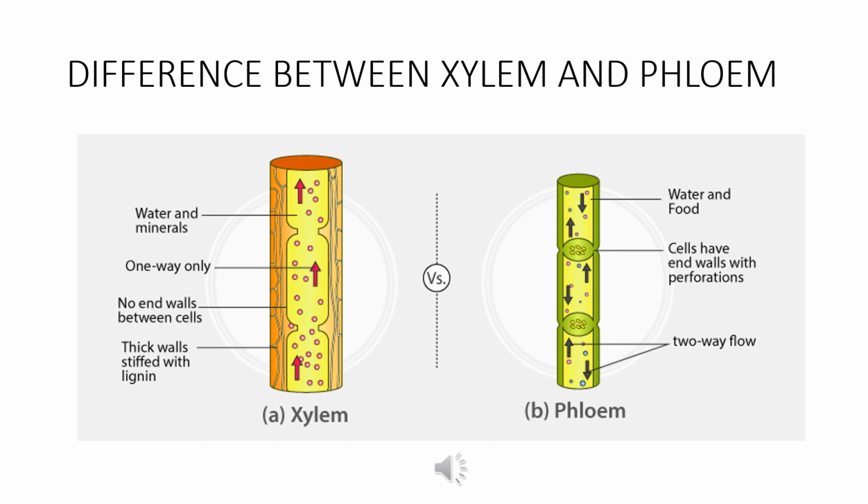Now we are going to look at the key differences between xylem and phloem. The first difference is that the xylem conducts the water and minerals, but the phloem conducts the prepared food material. Xylem conducts the water and minerals in only one direction, that is only in the upward direction. But the phloem conducts the prepared food in both downward and upward directions. In the case of xylem, there are 4 components, out of which 3 are dead elements and 1 is a living element. But in the case of phloem, among the 4 elements, 3 are living elements and 1 is a dead element.